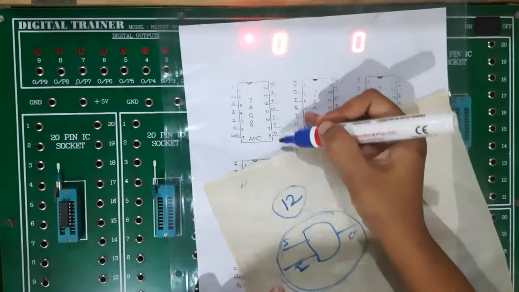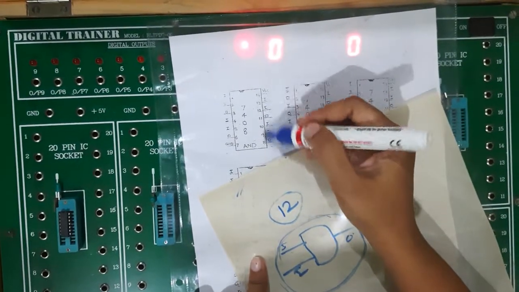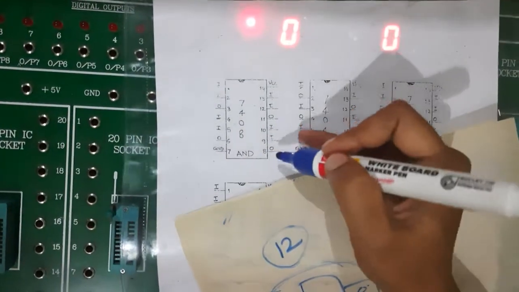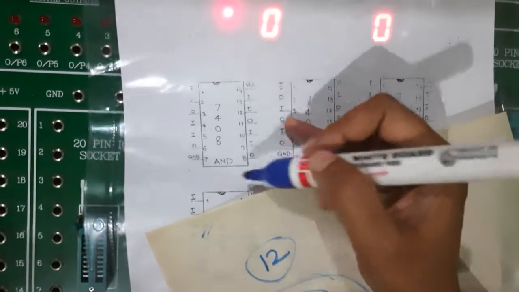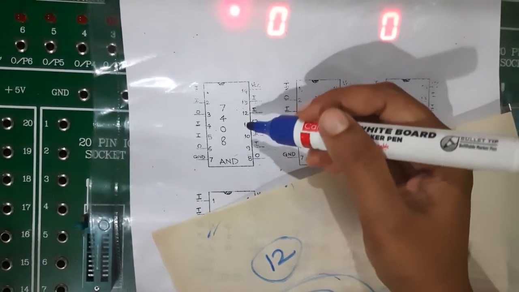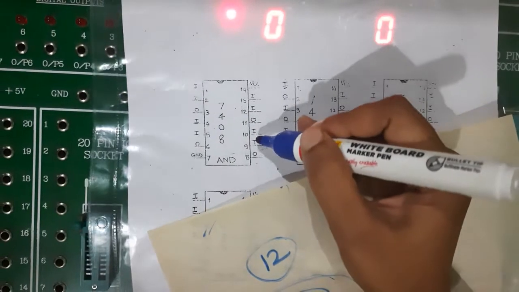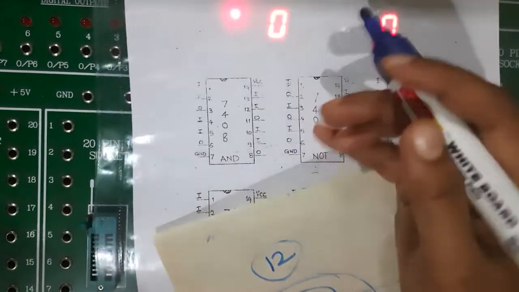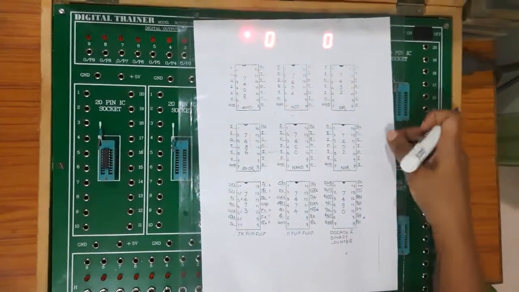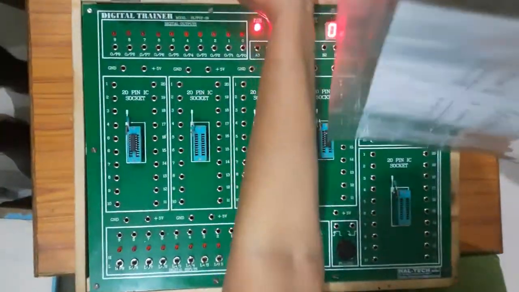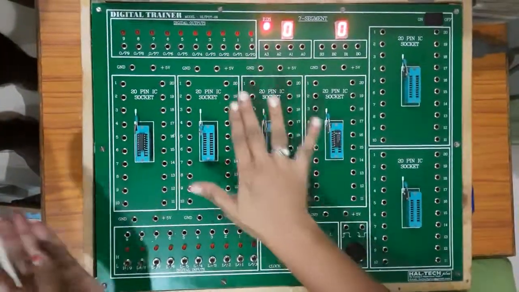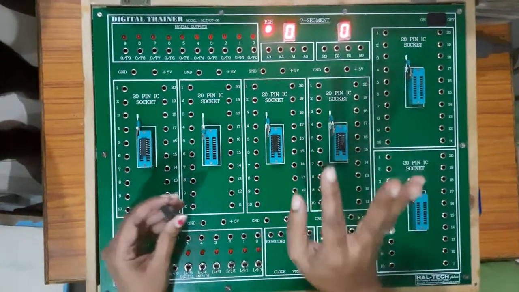Now here, you have to concentrate on the numbering given in this particular chart, because we are going to refer to these charts for implementation of all the circuits. I will be getting all the IC architecture charts with me, and referring to them I will be implementing my circuits. So for the third combination, 9 and 10 are inputs for which I will be getting 8 as an output. The same way I have to read all the ICs in our syllabus, right? I will just give you a basic idea about a particular IC, how it is mounted on this trainer kit, and how I can get the work done.